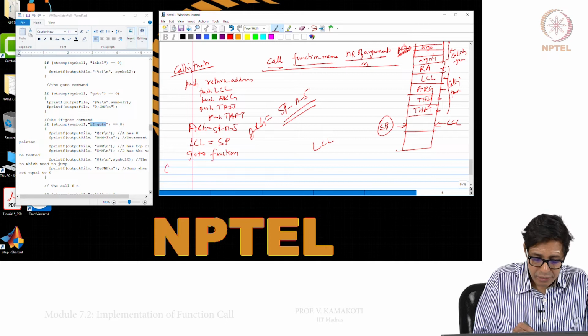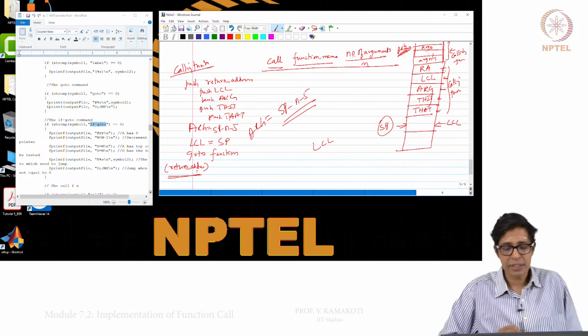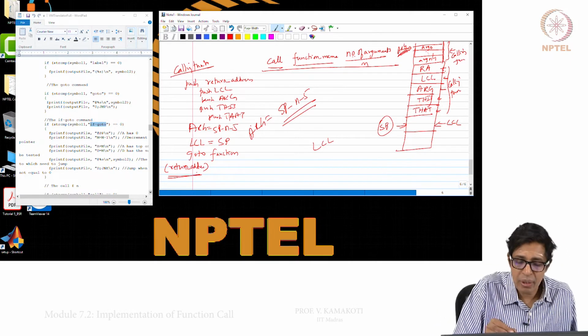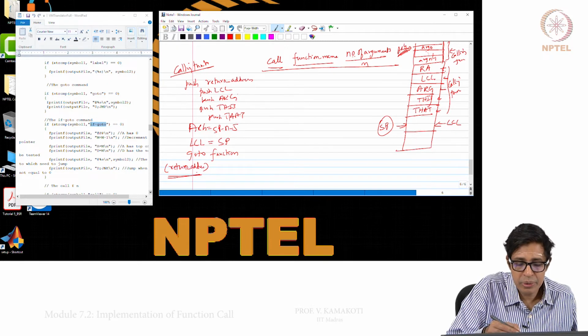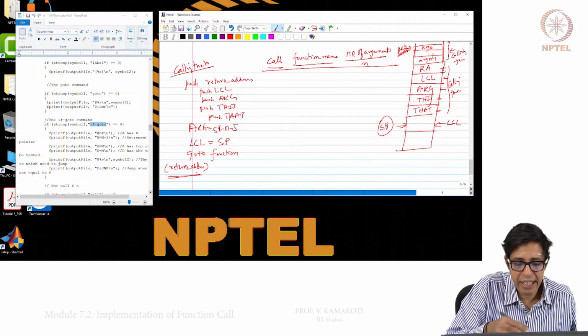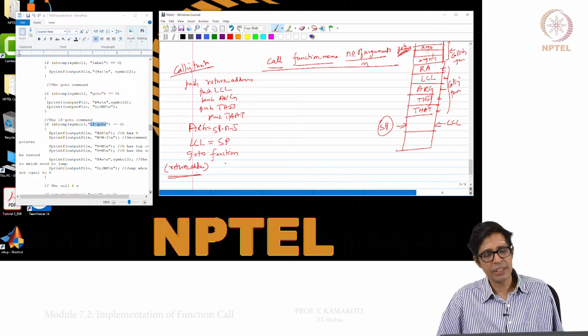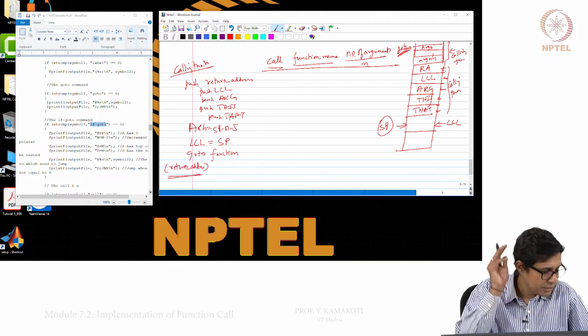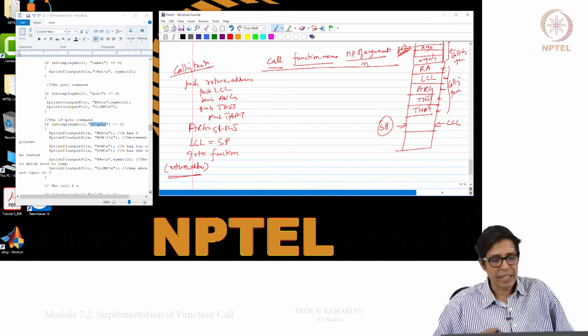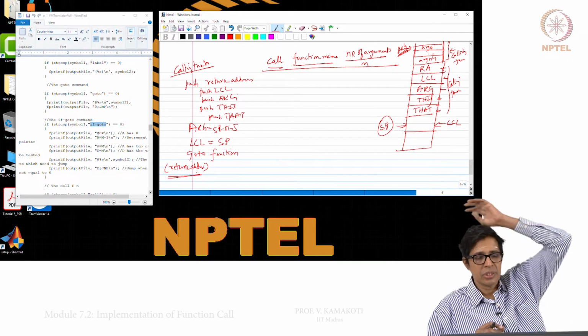And your return address will be here. So, after that function finishes, when it returns, it will come back to this return address. So, these are the 8 different instructions that we need, and of course one label. So, totally 9 things that we need to take care of when there is a call.